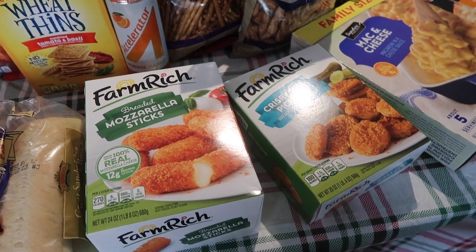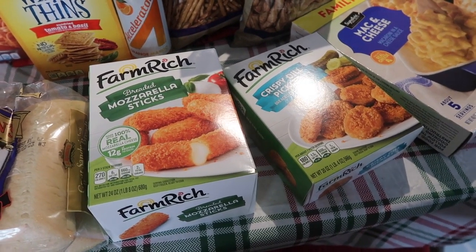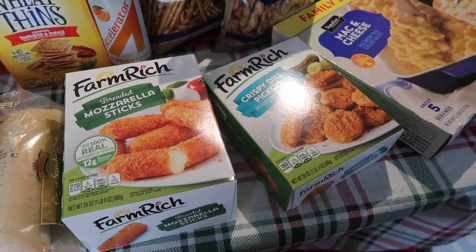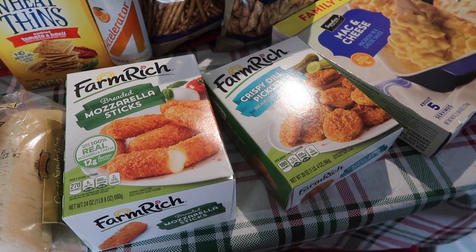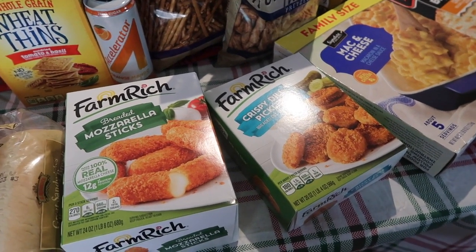Those are so good. They are $4.99 with the Just For You coupon. It's a limit of 2. Again, I don't believe you have to buy both, but they are a limit of 2, so I just went ahead and picked up 2 of them. We're going to do these actually today. We're doing kind of appetizers, and also